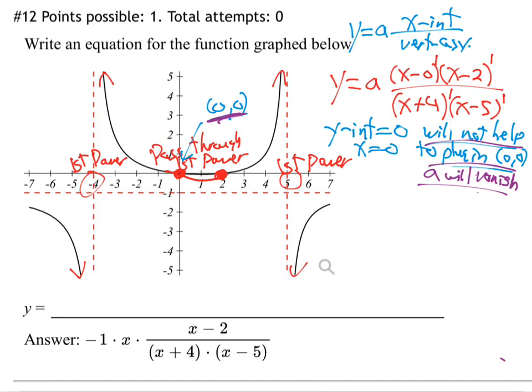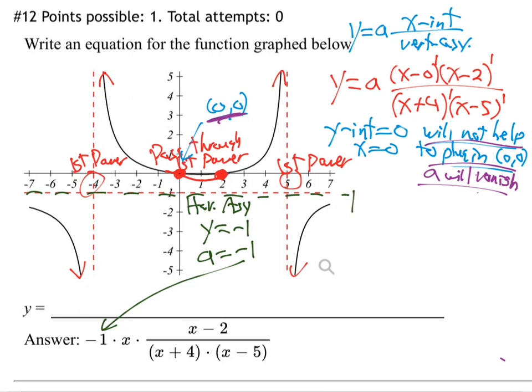So then what do we do? Notice that we have a horizontal asymptote right here. Horizontal asymptote, y equals negative 1. They're giving us that. Remember what that does? That just directly tells you the a is negative 1. Do you see that? That directly tells us the a is negative 1. How do we know? Because a horizontal asymptote is as x goes to infinity. So if you take this function y equals a and you multiply it out the top, you'd get,